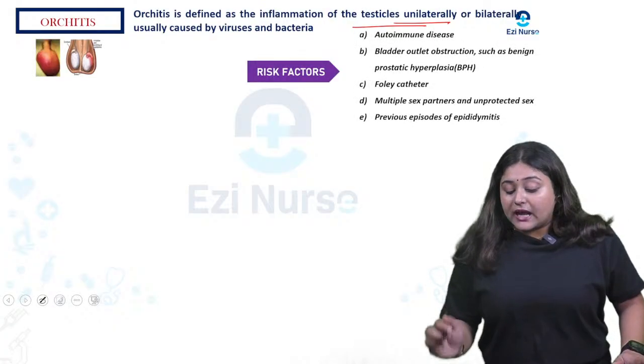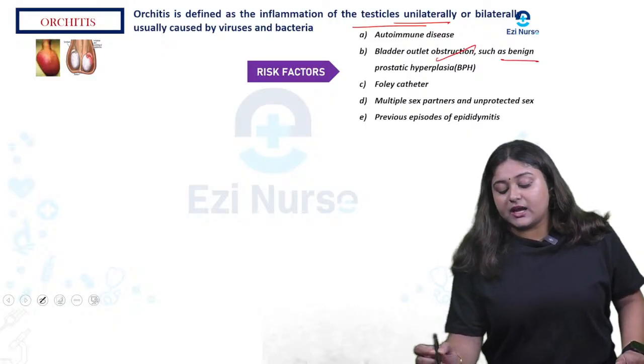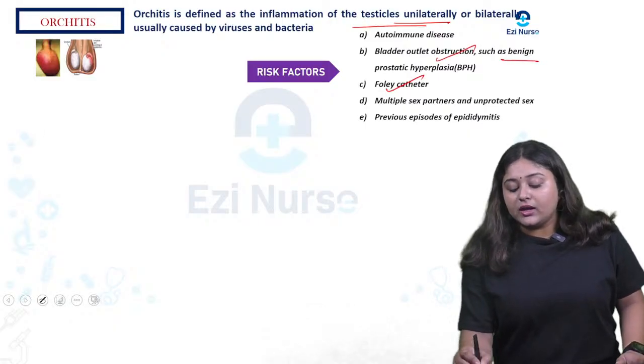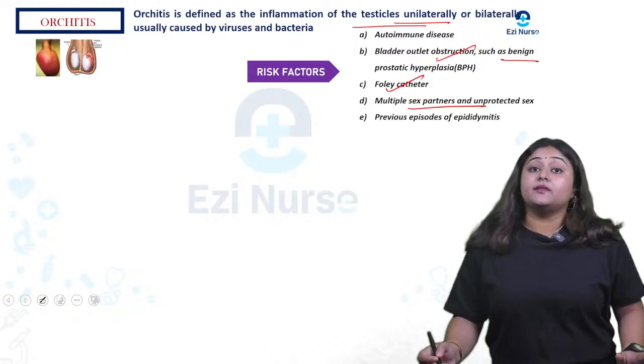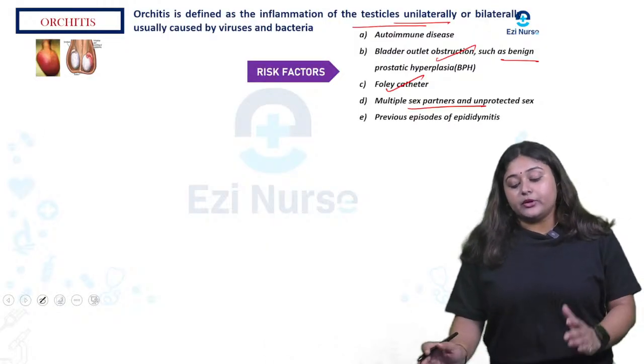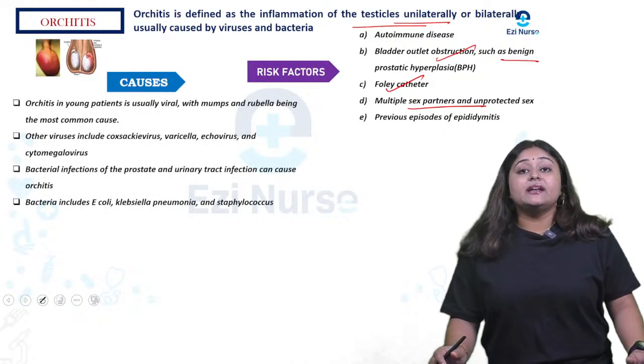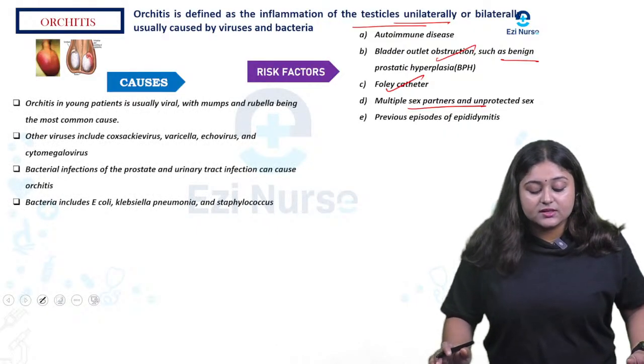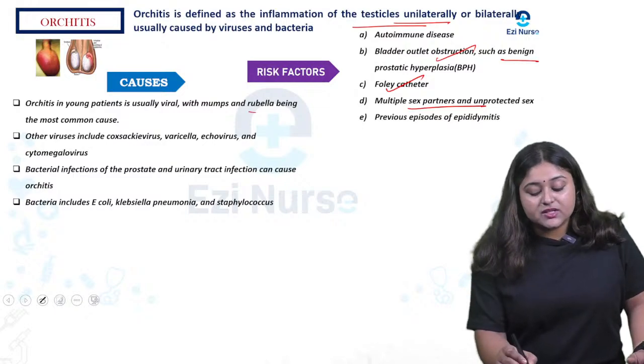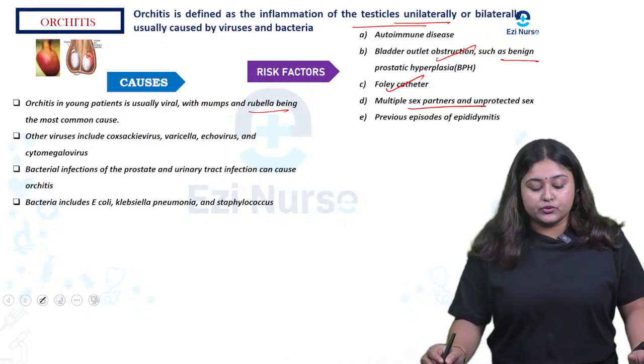Autoimmune disease, bladder outlet obstruction such as benign prostatic hyperplasia, Foley catheter, multiple sex partners and unprotected sex, and then previous episode of epididymitis. Now come to the causes. So orchitis in young patients is usually viral, with mumps and then rubella being the most common cause, and